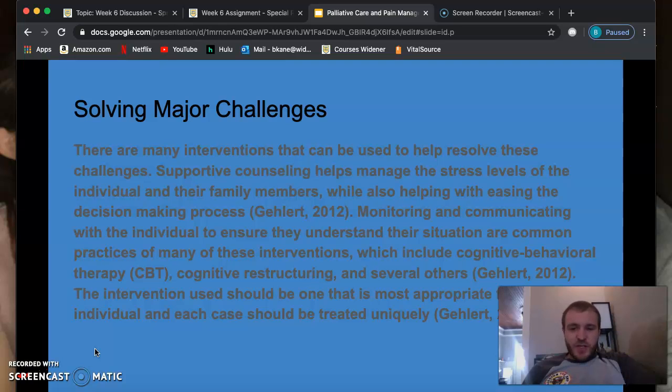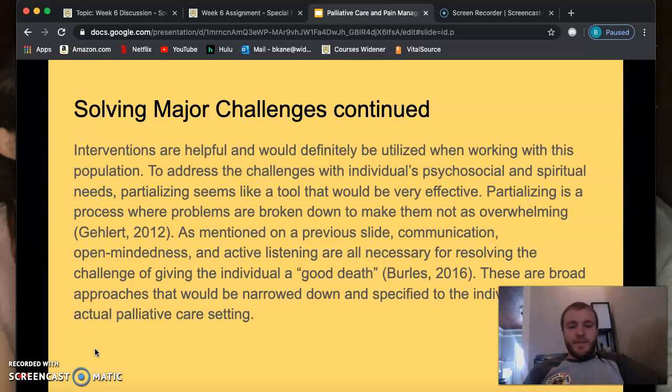The intervention used should be one that is most appropriate to that individual, and each case should be treated uniquely because every person is different. We need to treat each person as if they're their own person. So we'll get a little more specific into the major challenges that I brought up earlier. Interventions are helpful and would definitely be utilized when working with this population to address the challenges with individual